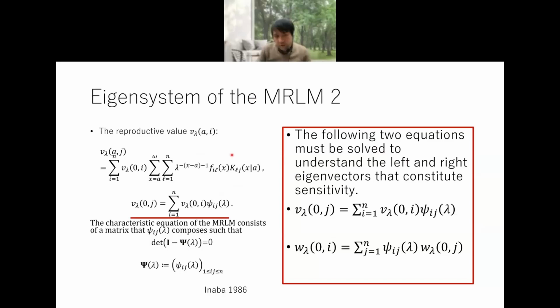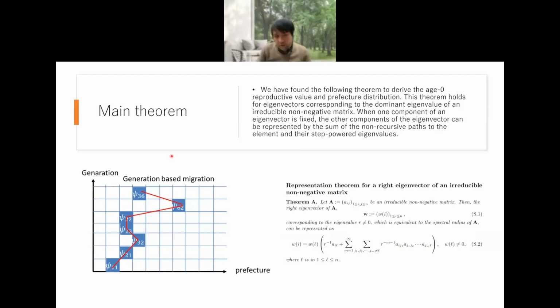And the characteristic equation of our model consists of a matrix psi_ij(lambda) composed like this. This is a characteristic equation of the multi-regional Leslie matrix. So we found the following theorem to derive